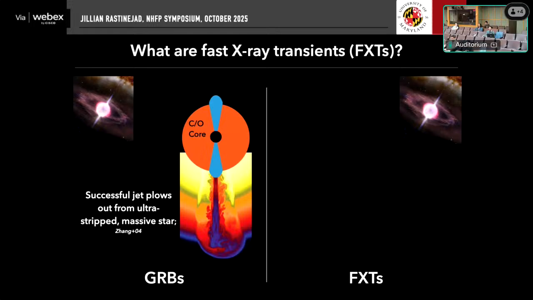Okay, so again, using the analogy of GRBs, in GRBs we have a pretty nice picture where you have a star that lost its hydrogen and helium envelope, likely through interactions with a binary companion. That binary companion has also spun it up, and so that gives this rapidly rotating, ultra-stripped massive star the ability to launch a successful jet upon core collapse that is able to punch through that stellar envelope and come out of the